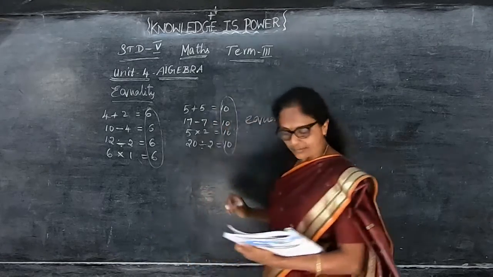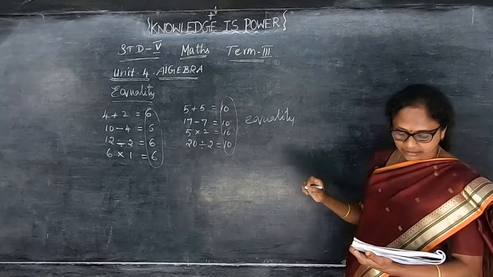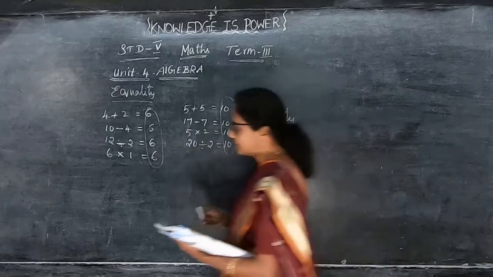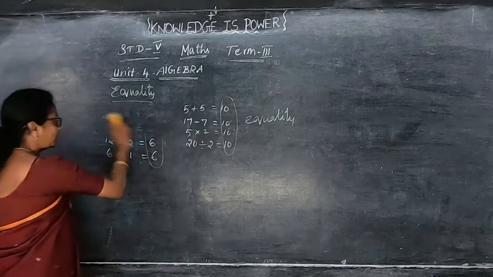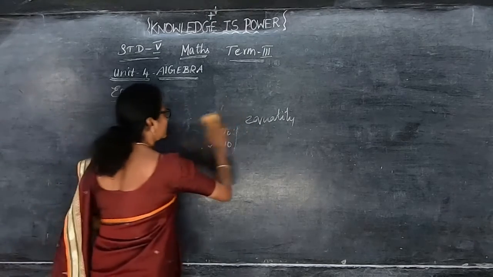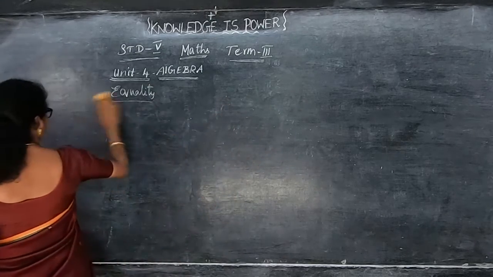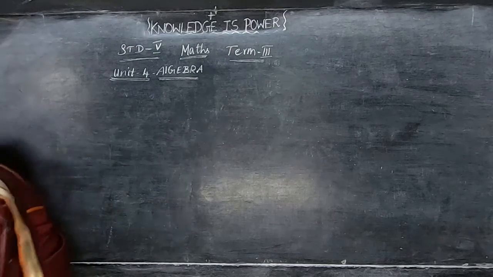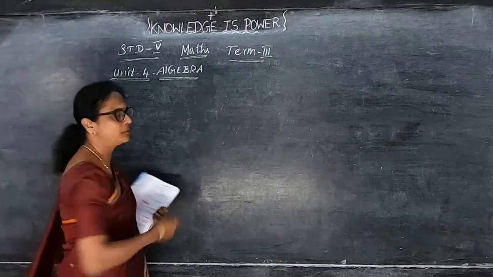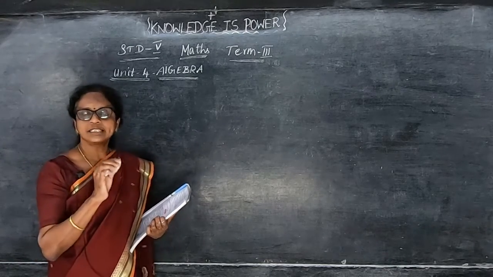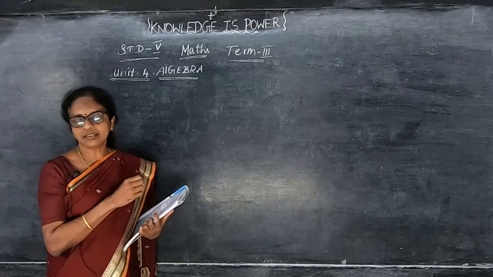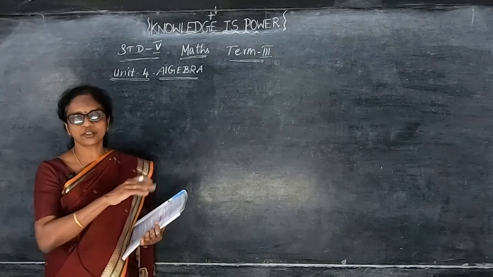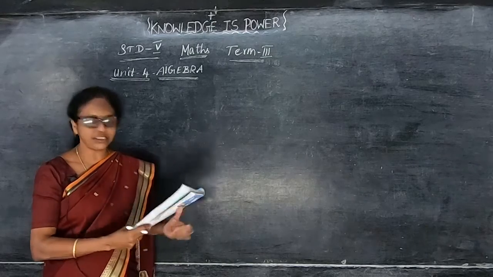Okay. Like this, they give the sums in the exercises and they give 12 as the answer and we have to write the equalities for this. What are the equalities? How to write this? Can you understand, children? The 4 operations, that is add, subtract, multiply and divide, give you the same answer. When 4 expressions give the same answer, that is called the equality.